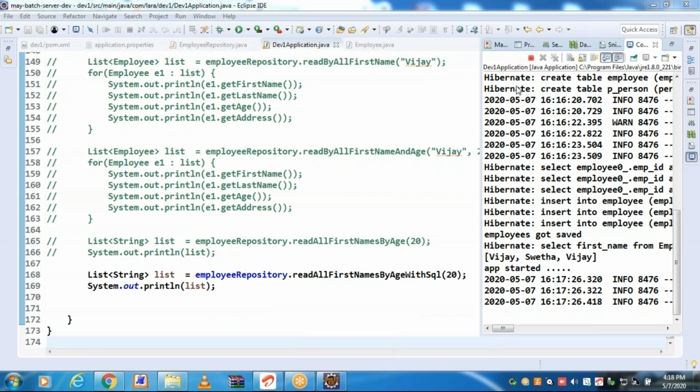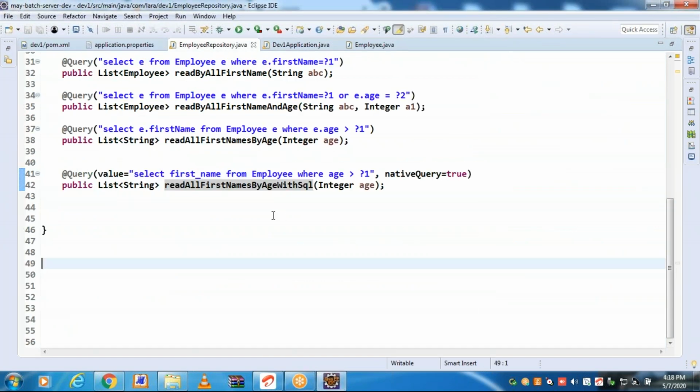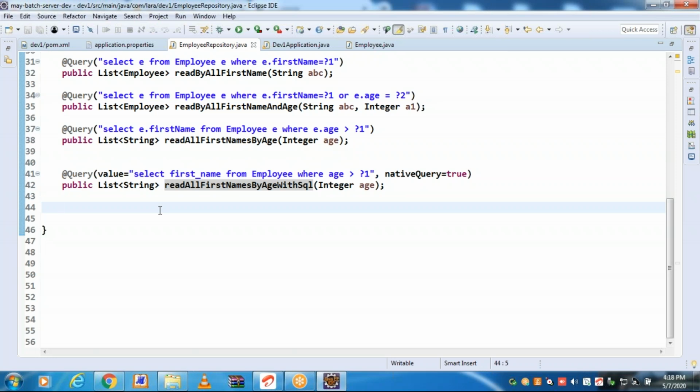Now, come back to the repository class. I wanted to read two columns.